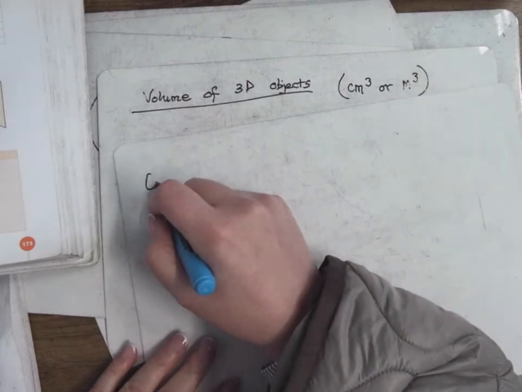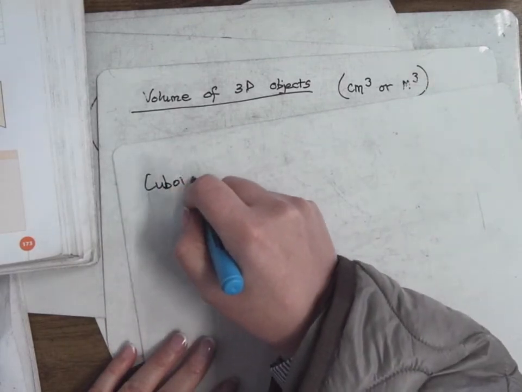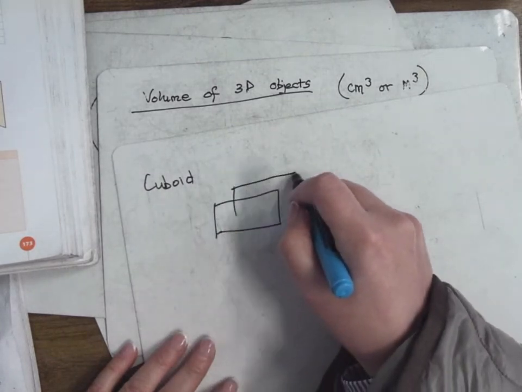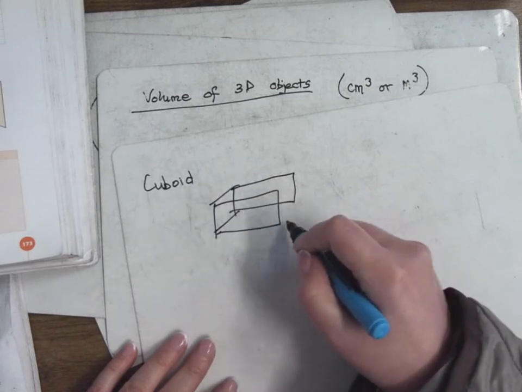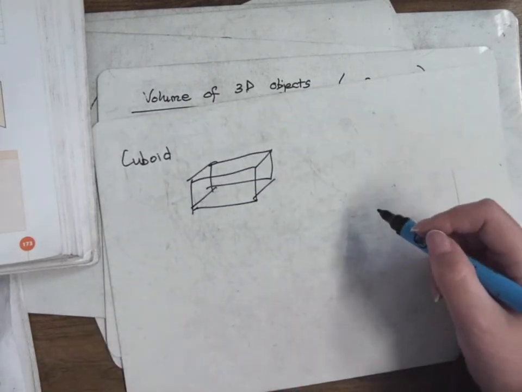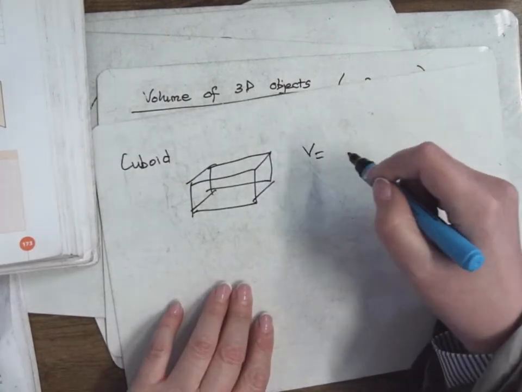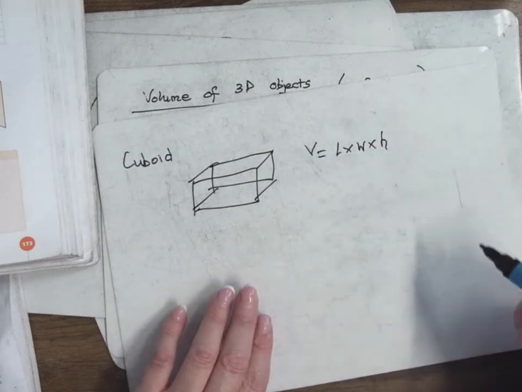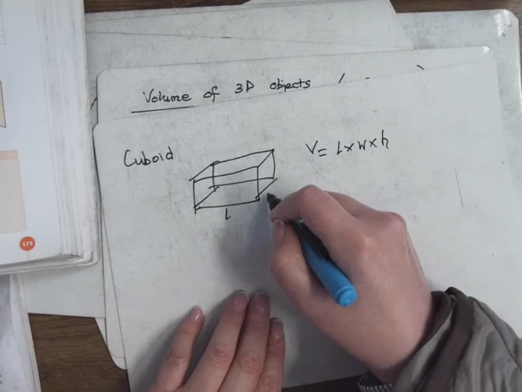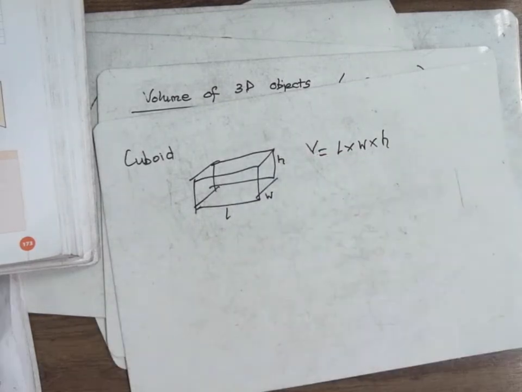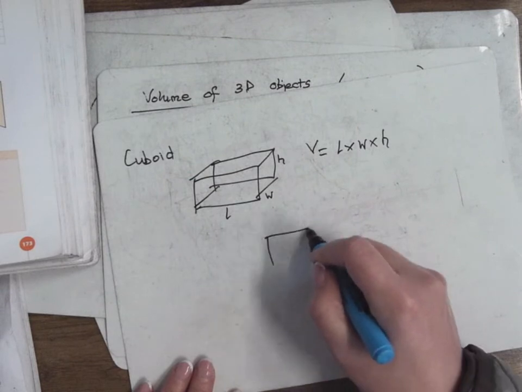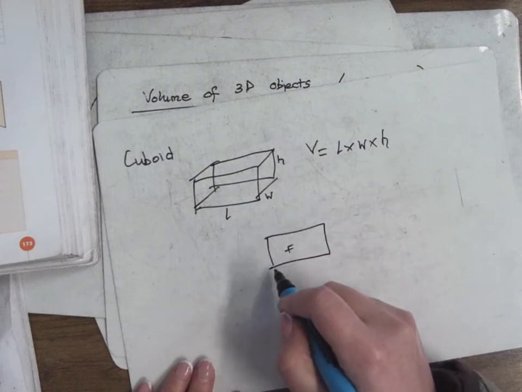So cuboid, which is your cornflakes box, right, okay. Right, how do I get the volume? Anyone remember? Length by width by height, yeah? Okay, so this is the length, this is the width, this is the height, or you can move them around, it doesn't matter, just multiplying them anyway, right? Is that okay? And then if I was to draw a net, right, okay, there'd be the front,